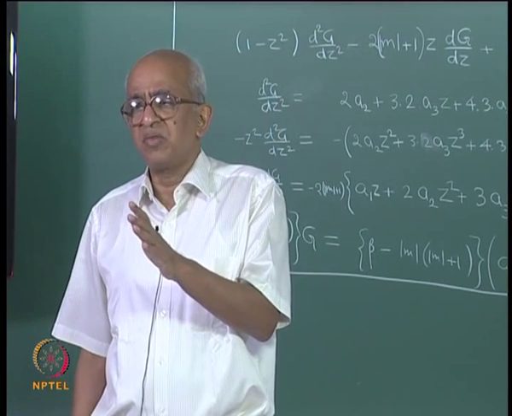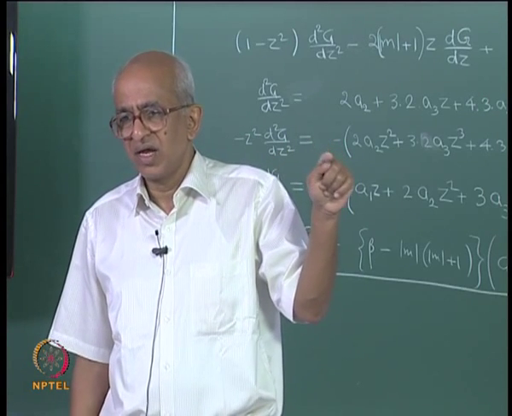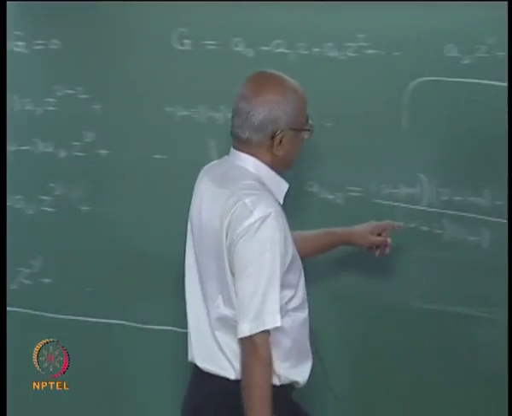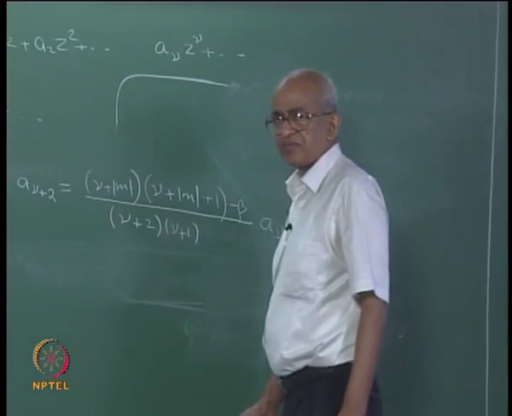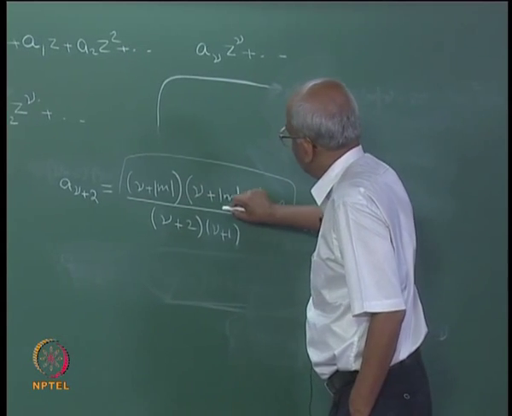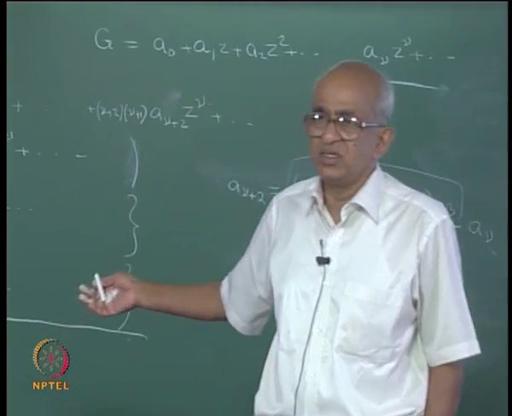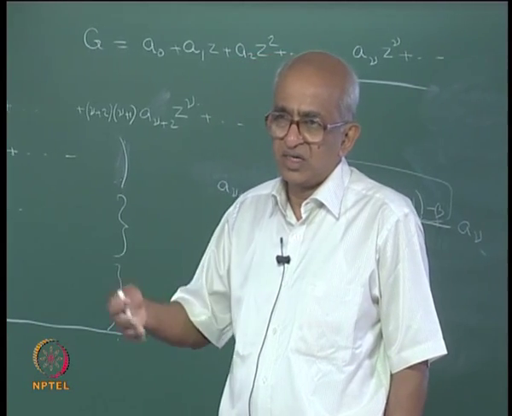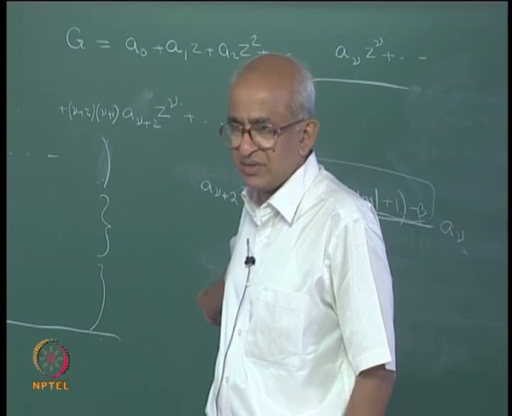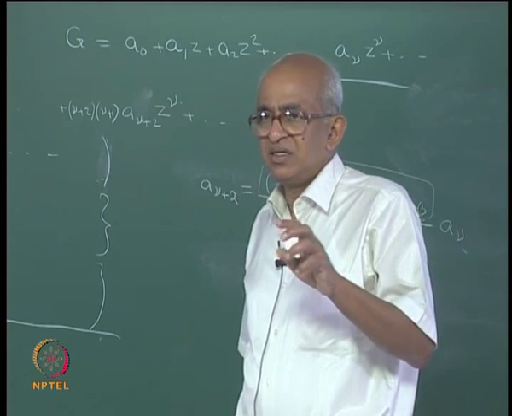Well, you want to have, for example, A4 non-zero, but A6 you would like it to be equal to 0, and that can be satisfied only if this beta is such that this term has to vanish for a particular value of nu, maybe nu is equal to 4 or maybe nu is equal to 3 or 2 or 1 or maybe 5 or 6 or 7, whatever, for some value of nu this has to vanish, and therefore, what is the conclusion? The conclusion is that the value of beta is restricted.